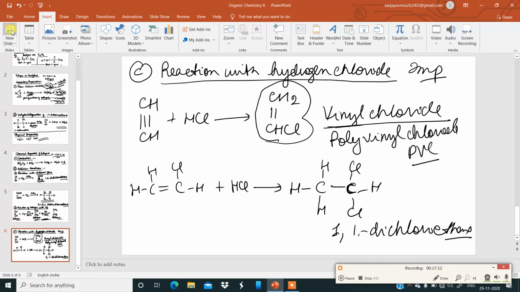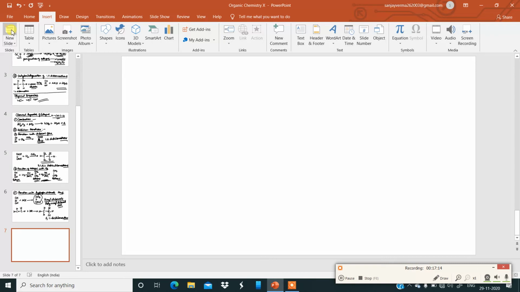Then number D. Number D is important. Okay, number D is very, very important. Please remember. Number D is important. It is an indirect, you can say, chemical test for ethyne also. Now, number D, it is a reaction which is called